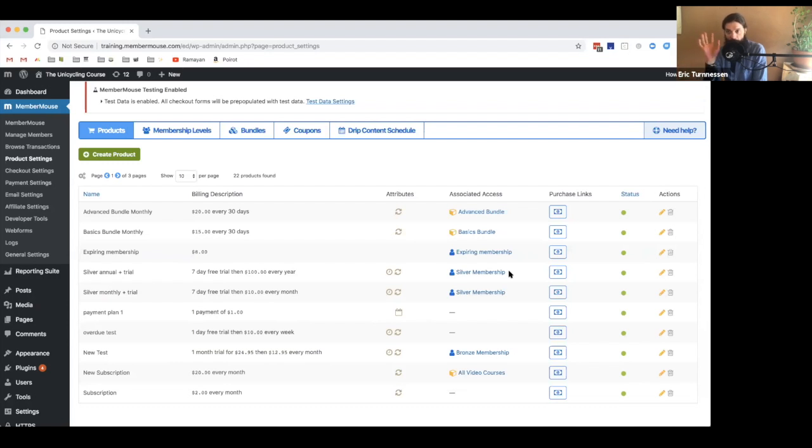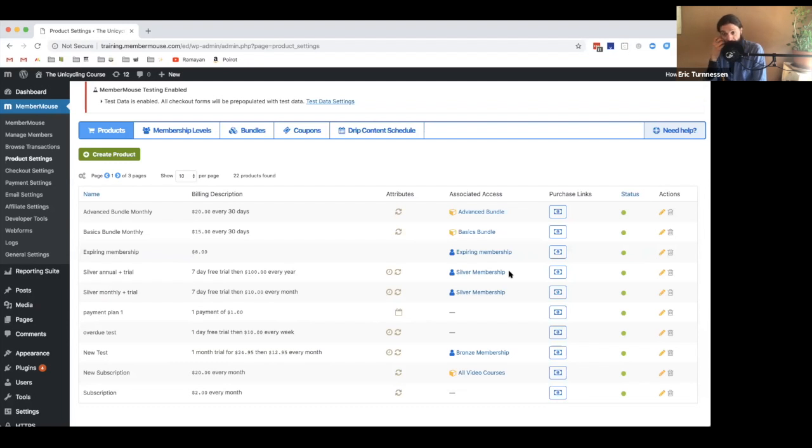So if I'm on a $30 a month plan and I move to a $60 a month plan, MemberMouse will automatically apply a credit to that new plan and not charge them a full amount. So that's one of the benefits you get with membership levels